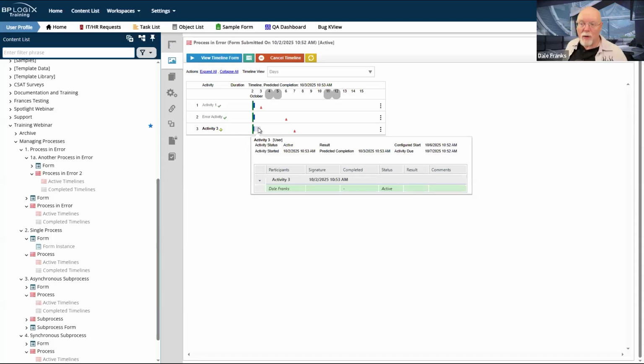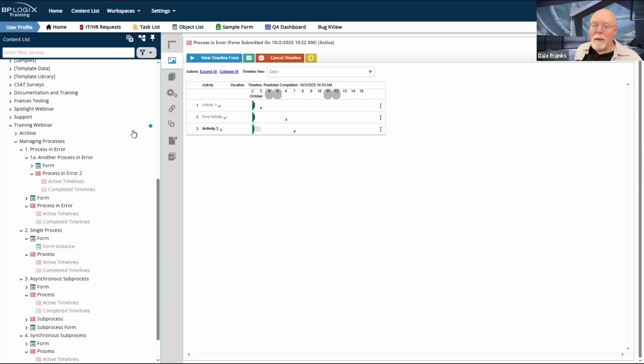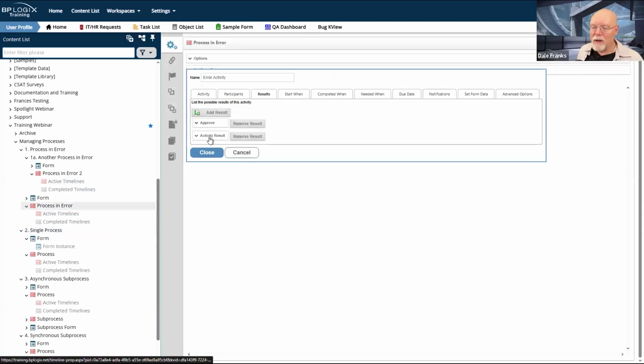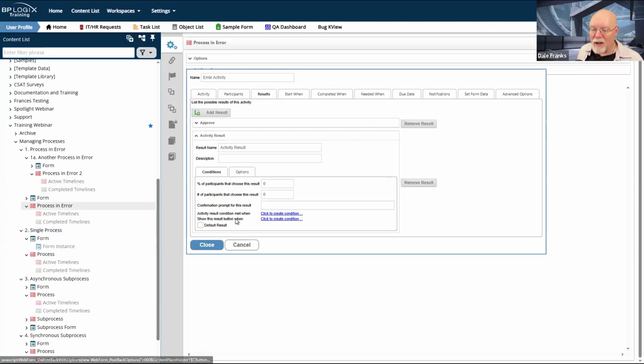Whatever you needed to do, and you would never have to show it on a form, because whenever you are inside any process activity and you're looking at an activity result, you do have a condition to show the result button. Technically, you could set show the result button when A equals 1, which will never happen, and then just set it as the default result.